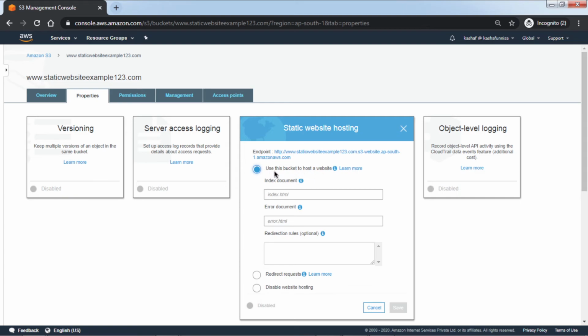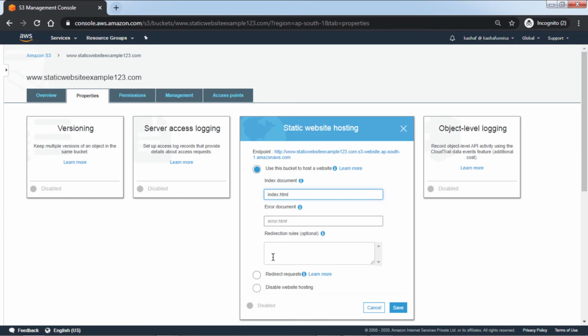So now you have enabled this, and here is the index document. You have to type your index document file name here, index.html. So this is my index.html. Error document, if you want to set a custom error page, you can type it here, but it is optional. But index.html is required, and it is case sensitive. It must exactly match the actual file name which you are planning to upload to your website. So suppose this is my index.html file.